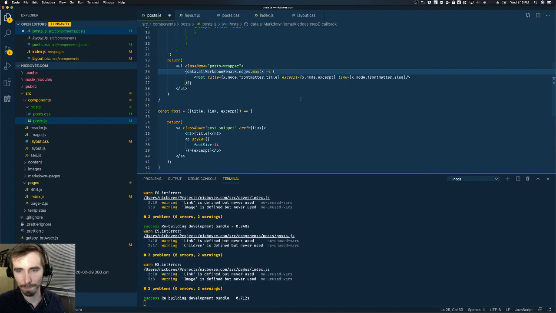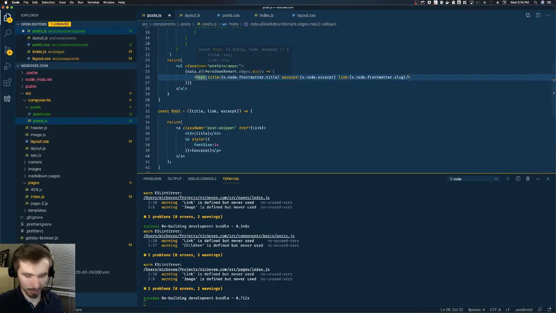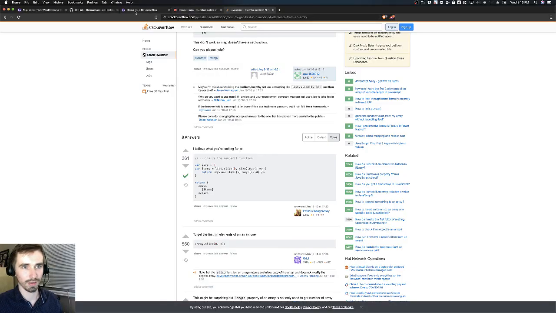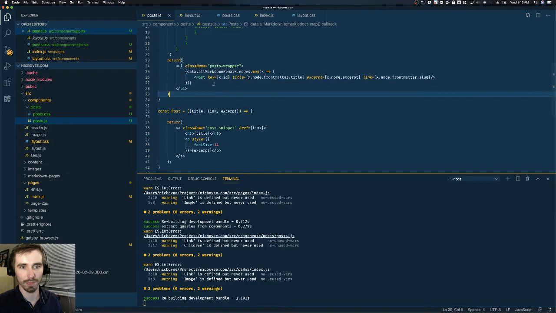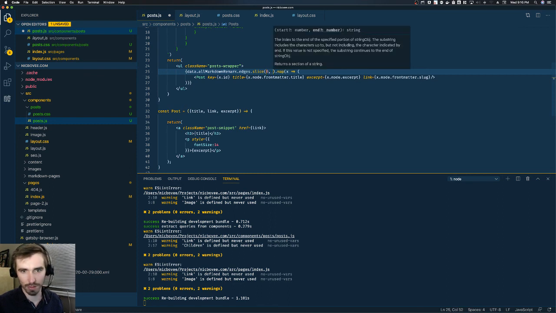Interesting. I suppose I should give these guys a key, x.id equals x.id, right? I think I do need to have a key or some sort there, yeah. And then the other thing that I needed to do was take edges, slice, 0, and limit,